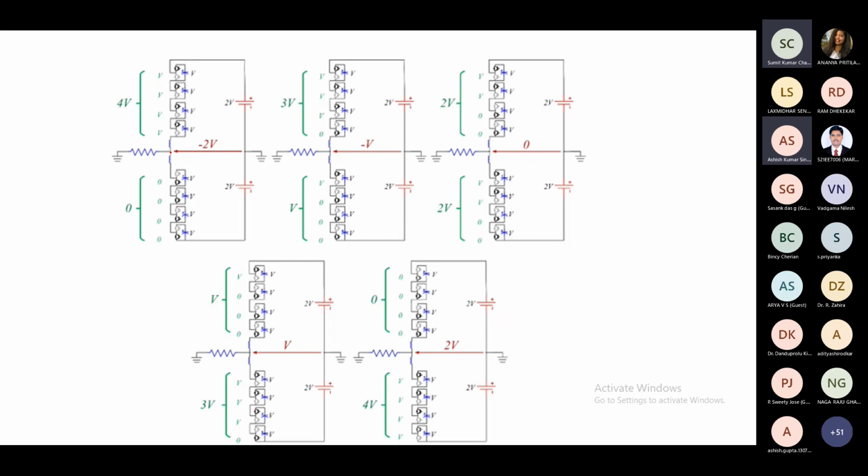When I want a voltage of minus 2V at the output, we turn on all the modules. So the upper arm provides a voltage of 4V and the lower arm provides a voltage of 0. So this point gets clamped to the negative DC bus and we get minus 2V. Similarly, we get 2V here, just a complementary condition. When both upper arm and lower arm are 2V respectively, then we get output voltage 0. Upper arm having 3V and lower arm V, then the output voltage is minus V. Similarly, we can get plus V. These are the different combinations.